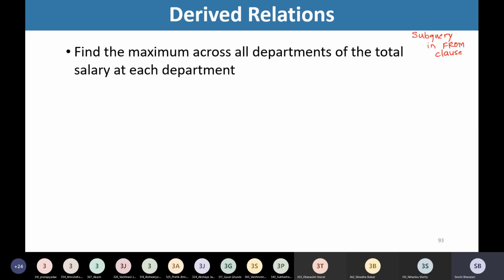We need to think logically and we need to come up with a solution using derived relations. So what has been asked for? First we should calculate total salary of all departments, and from that we should find maximum salary. Okay, so if we want to find out the total salary at each department, what we should do?